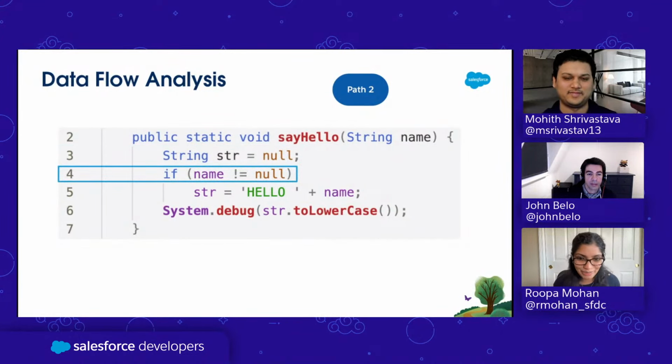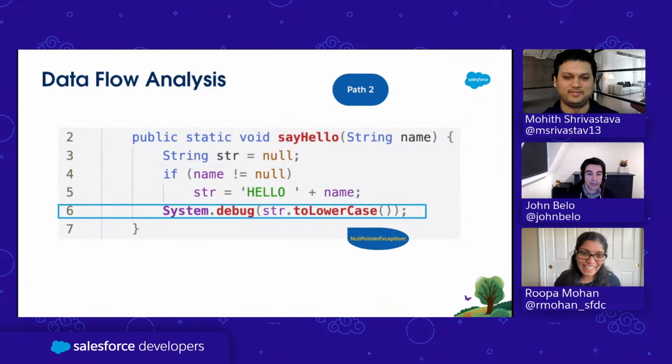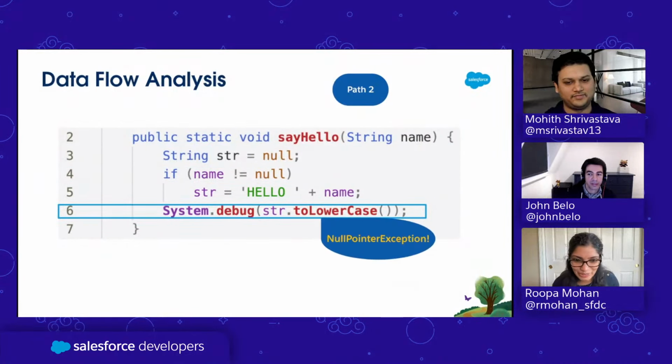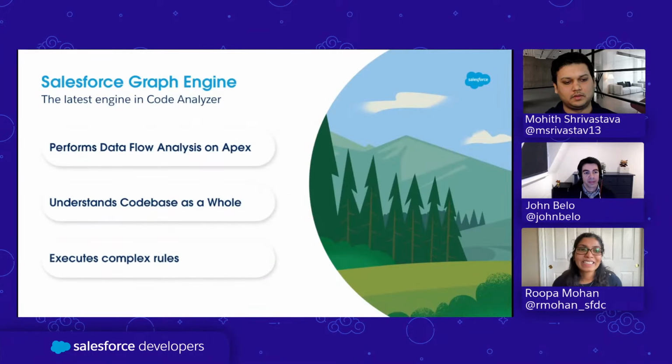So let's directly jump to line number 6. And then, yeah, you can invoke a method on null, that's going to throw a null pointer. So yeah, you can probably see how this transforms data through the flow and then detects null pointer exception. So my point being, this is automatically a lot more complex, and that's exactly what we have implemented in Graph